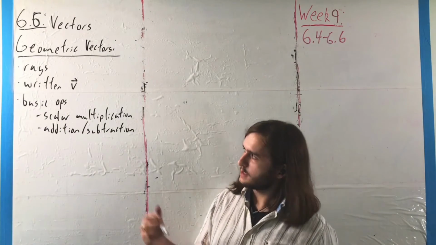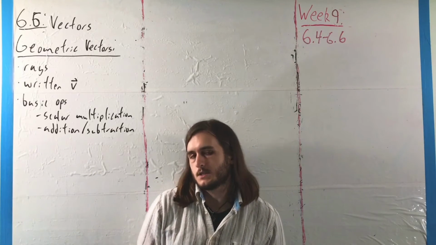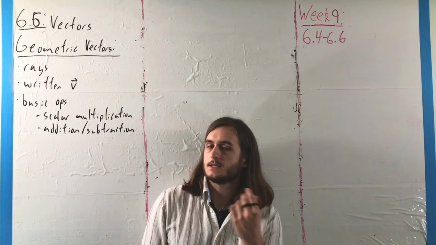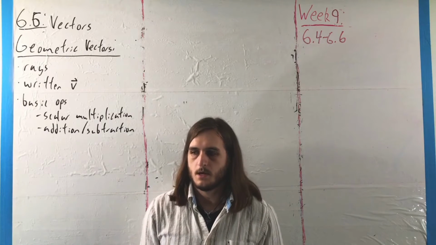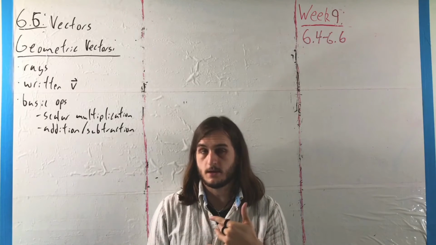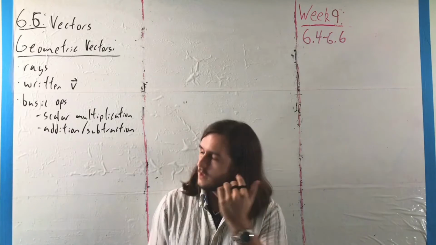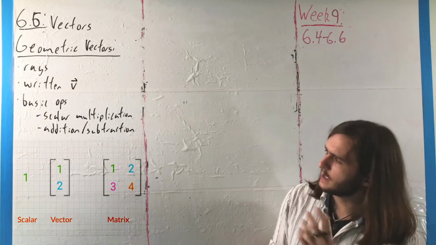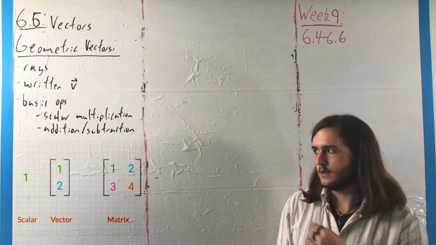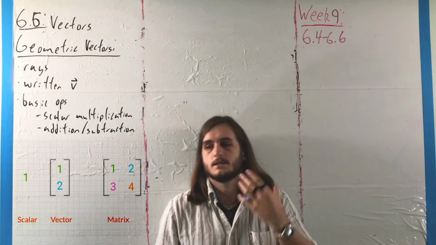So when we're talking about our basic vector operations, the most simple ones, the ones we're going to focus on here are scalar multiplication, addition, and subtraction, where essentially everything that happens to vectors is kind of the same as what we saw with matrix multiplication, or scalar multiplication of matrices, that is, and matrix addition or subtraction, where you can think of a vector, as we'll see it defined later, as acting something like a 1 by n or m by 1 matrix, that is one row or one column matrix,